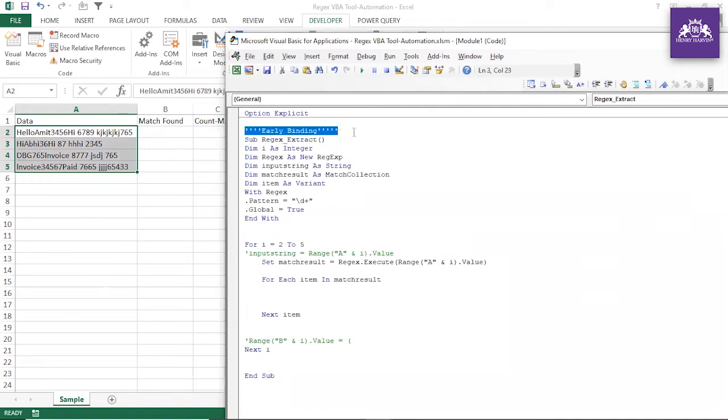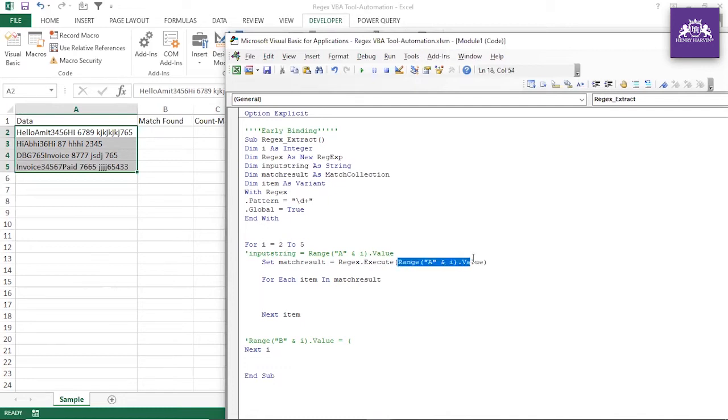If you add comments in the code, after you leave the organization or go somewhere else, someone else can visit your code and correct it. So you have to mention all the comments, what you're doing and everything. To insert a comment, use a single quote and write your note. Since we are looping in the match result, because Global is set to true, now you can understand this.